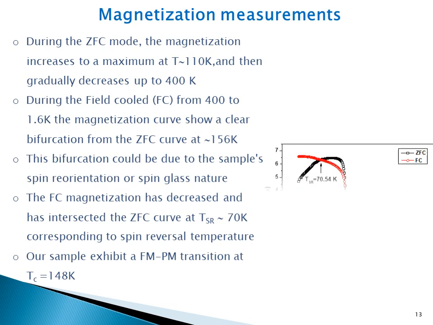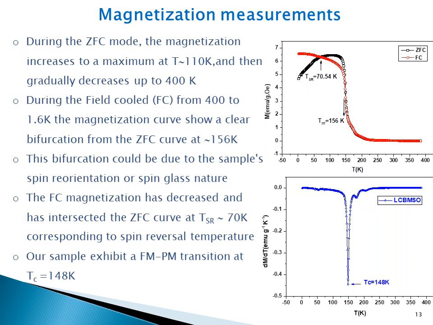Secondly, we move to magnetization measurements. For the purpose of studying the magnetic properties of LCBMSO, we have measured the magnetization versus temperature in two modes, the zero-field-cooled and field-cooled modes, recorded under 100 Oersted. We found that in ZFC mode, the magnetization increases to a maximum at a temperature of 110 Kelvin and then gradually